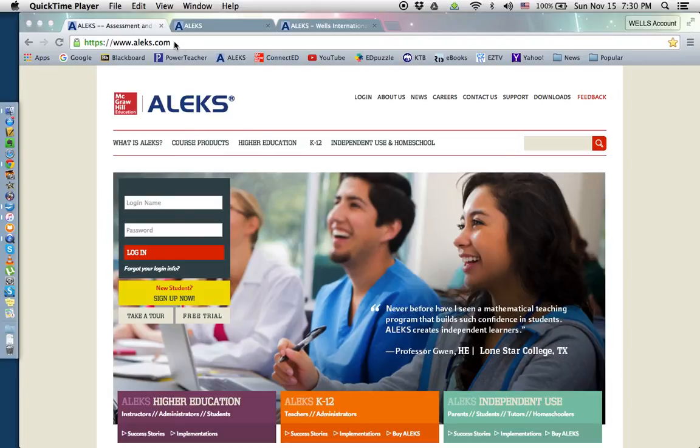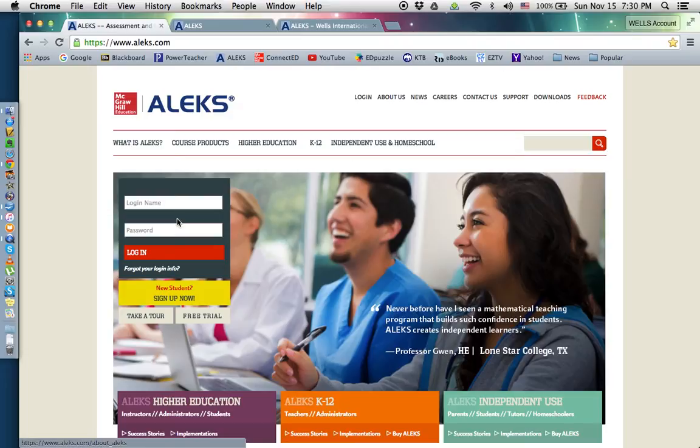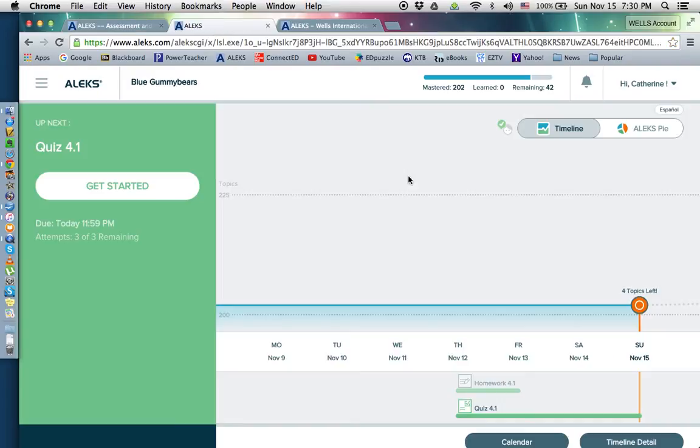You have to type in this website right here, which is www.aleks.com, to be able to go to this page right here, and you have to type in your login name and your password. Then you have to click on this login button. Then after you've finished doing all of that, it will take you to this window, which is your home window,